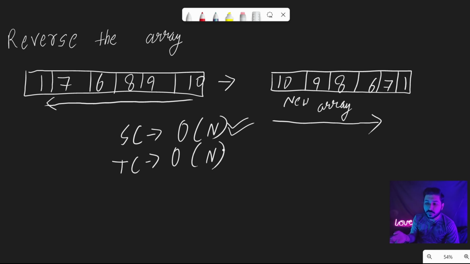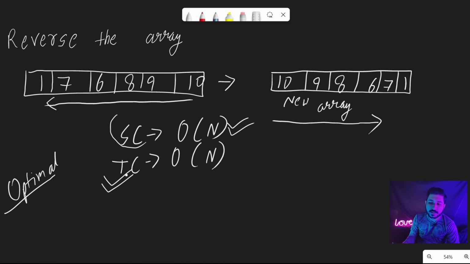So we can jump to the optimal solution, which doesn't use this space. It can solve the question in big O of n without using any space. The space complexity will be big O of 1. So what is the solution?